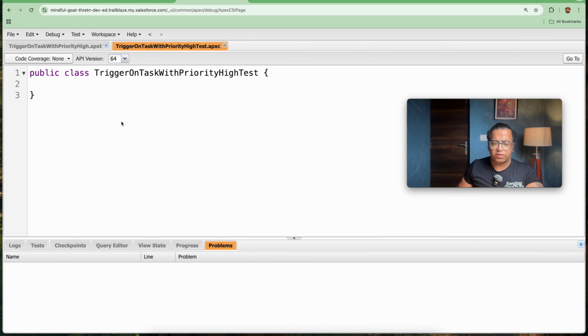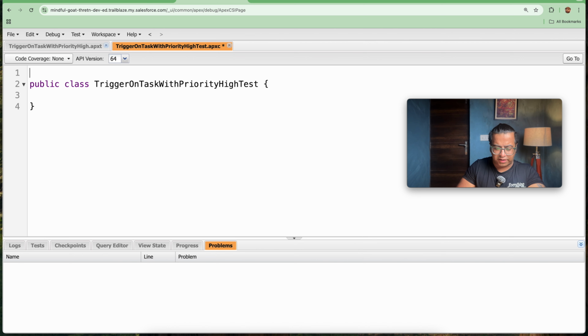Above the test class, I will write the @isTest annotation that you need to write. Since I haven't written any method, I have just given the @isTest annotation. The Run Test button is coming here, as you are seeing.